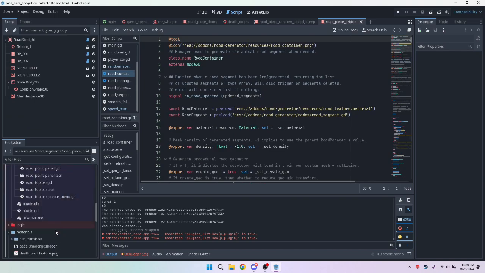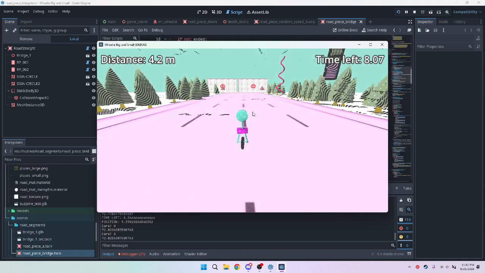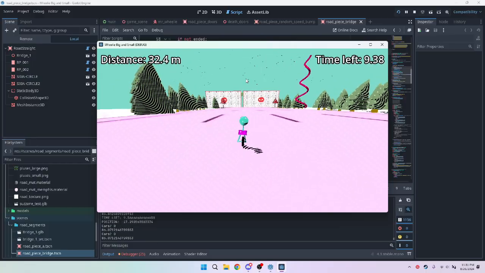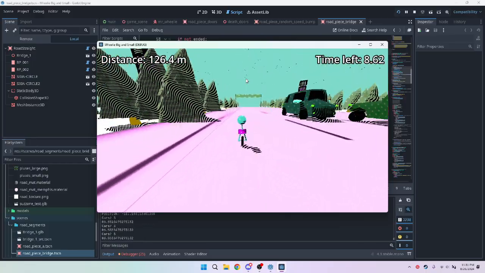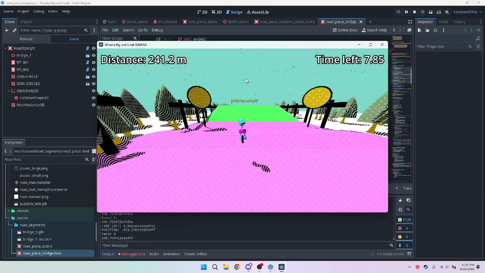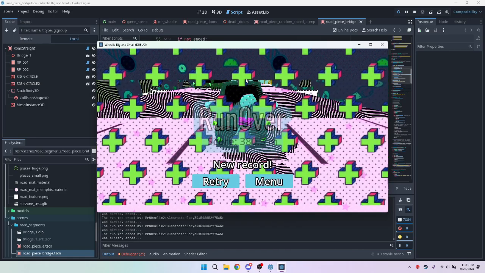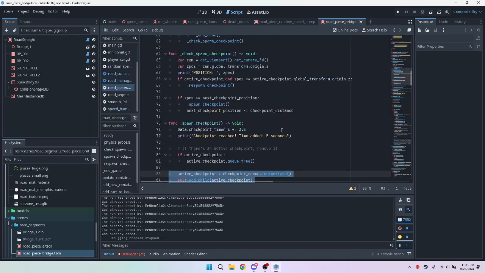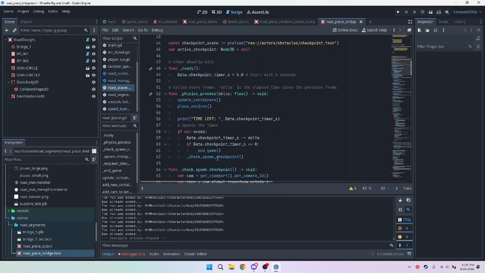I also worked on the checkpoint system. So you can see the checkpoint is just here. It will add 3 seconds. So we have a 7, 6, so we should have around 8. Right now I should have about 9, and so on. This was game jam code, so I wish I had more time to make it more organized, but yeah,